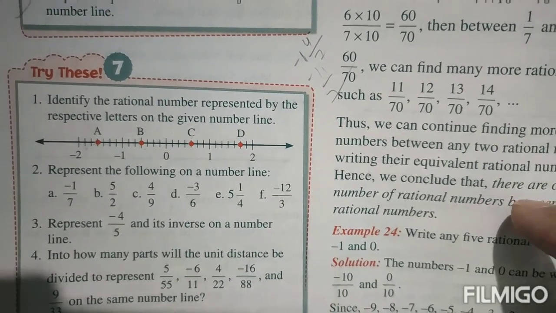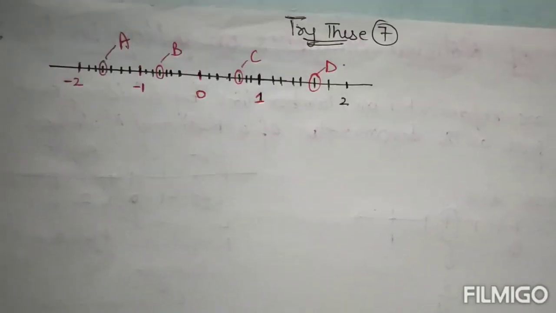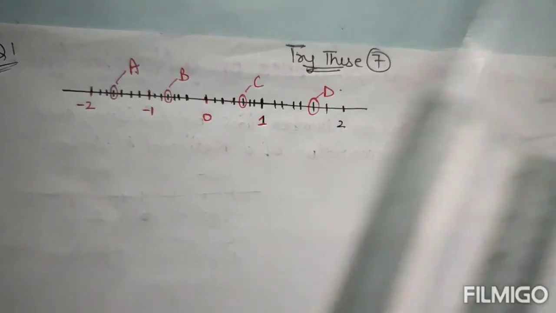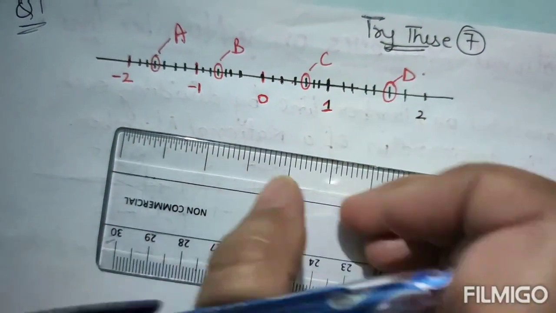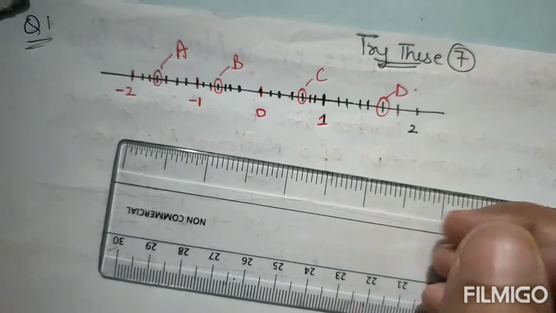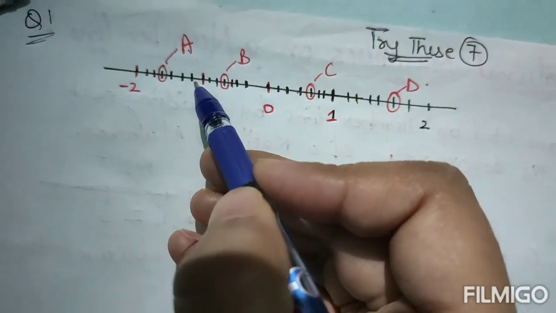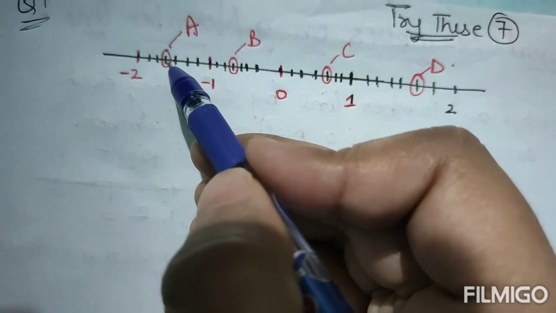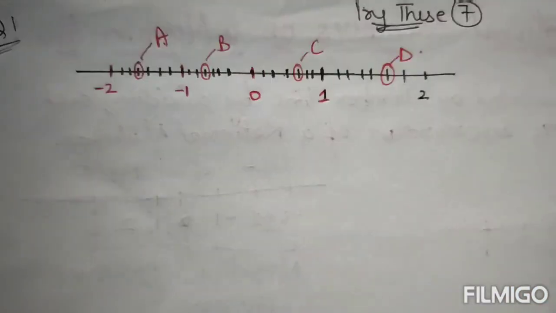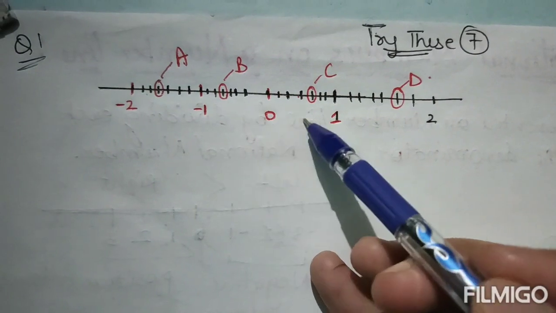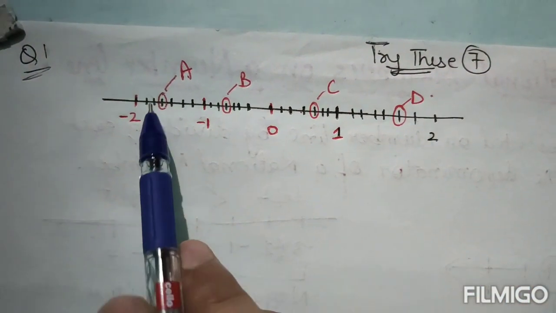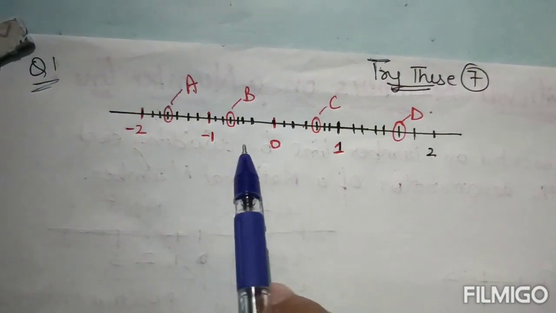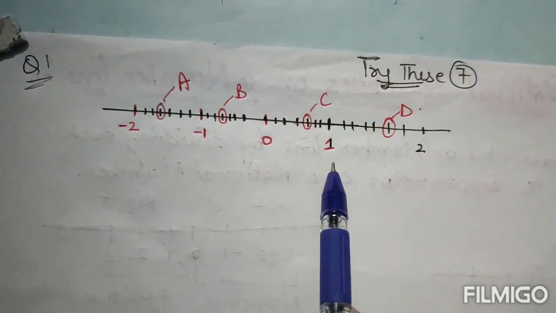You have to represent these A, B, C, D on a number line and write there. Okay, now let's do it. Look, I have drawn it according to the scale. Take this much distance as 1 unit, 2, 3, 4 and draw. There are 6 lines, 1 2 3 4 5 6. Yes, 6 parts have been made of each unit. So first of all draw the unit according to the scale and then divide it into 6 parts. Clear? So -2, -1, 0, 1, 2.